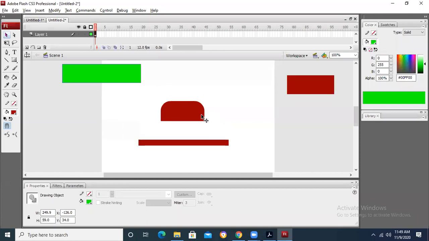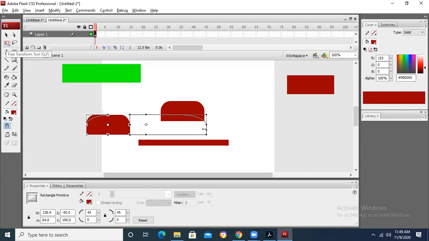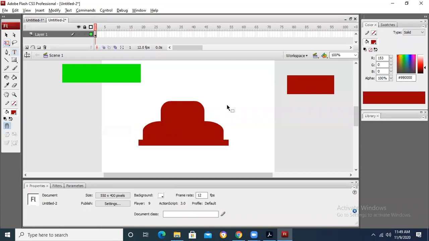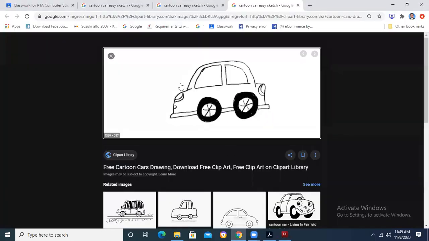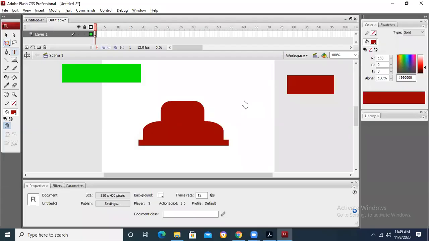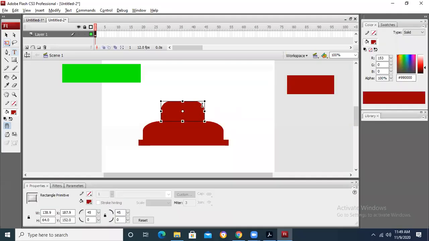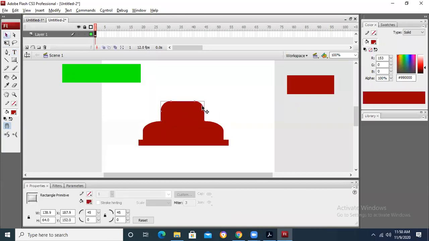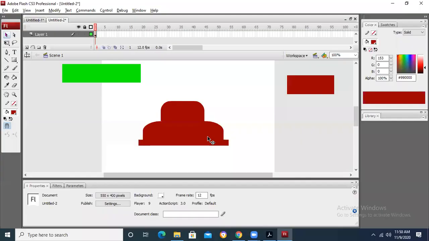So what we can do, we can make one copy of this image. I can press Ctrl T, stretch it, and bring it here in a smaller size. Now you can see that this kind of shape is there in this object that we have drawn. Even when we have got one object, we can change the shape afterwards, and we can draw some different